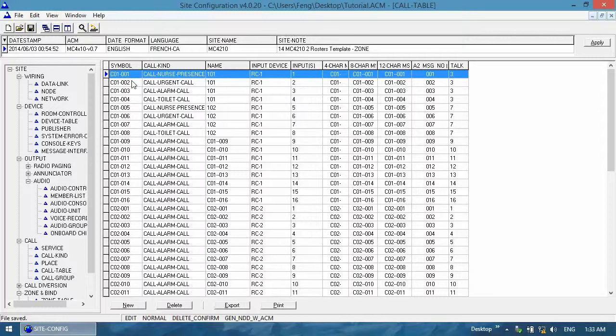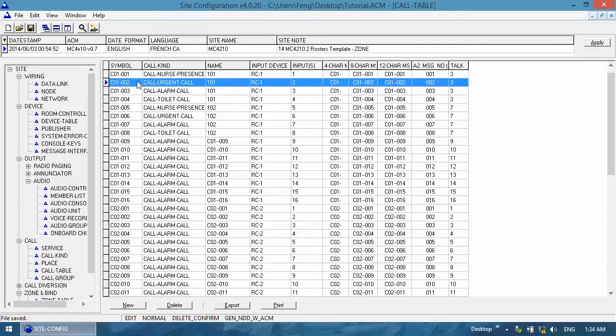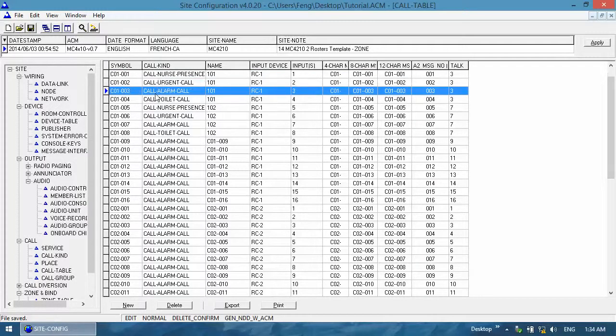That is to say, by answering the call using the handset, and then once they hang up, they would want to cancel that call. By default, it's always going to require you to go inside the room and press the cancel button. But if they do ask you to be able to cancel from the handset, this is what you need to do. So you go into the call table, and for each call that needs to be canceled from